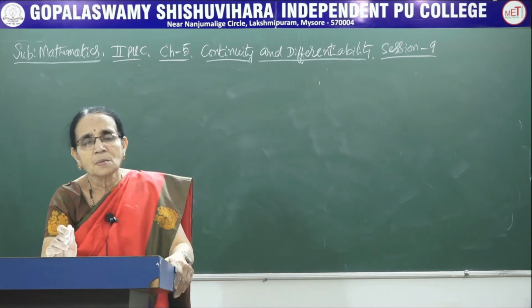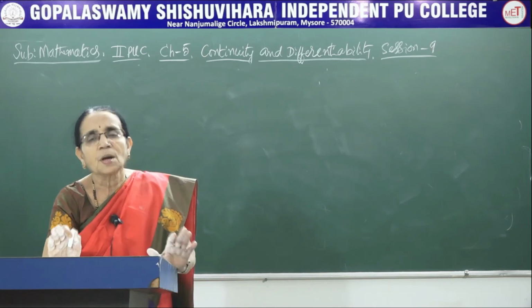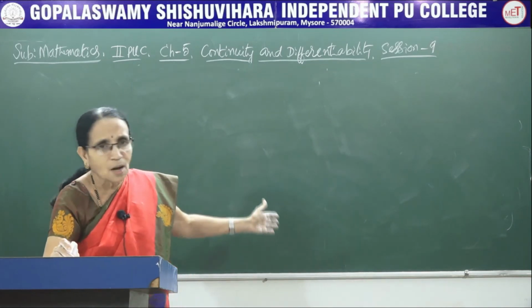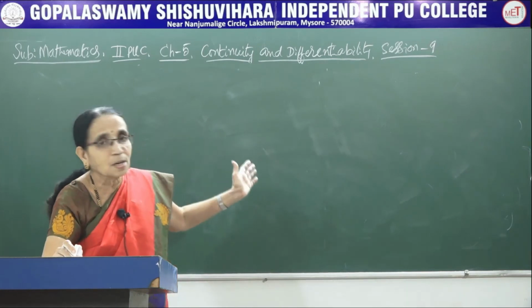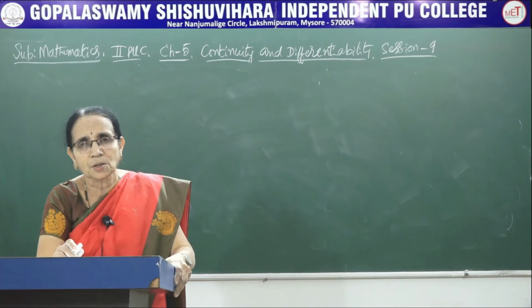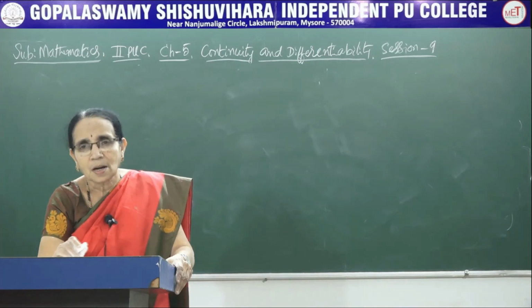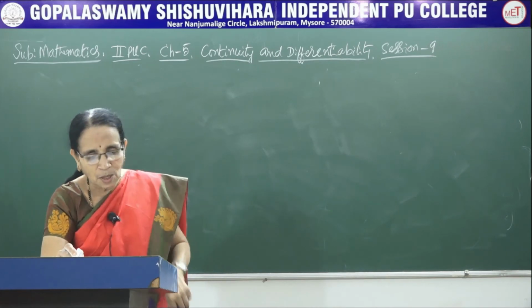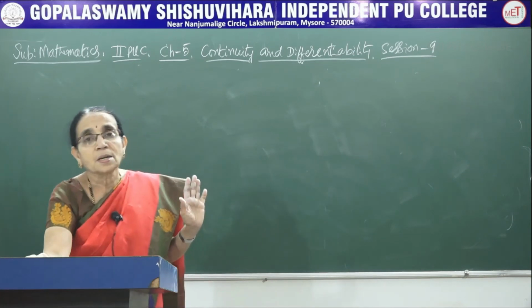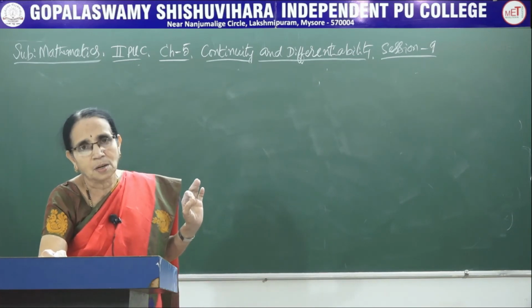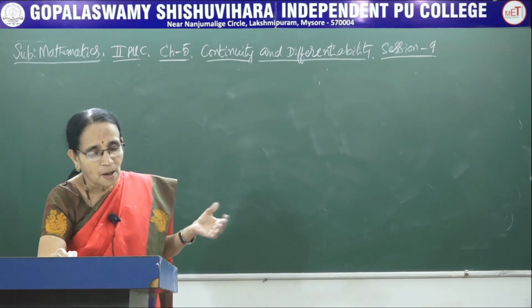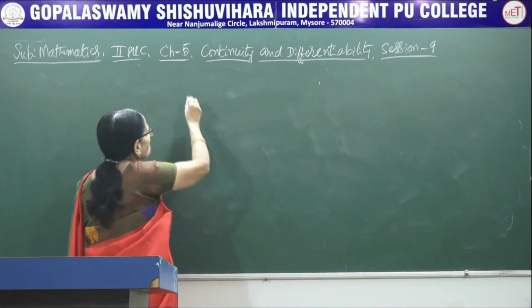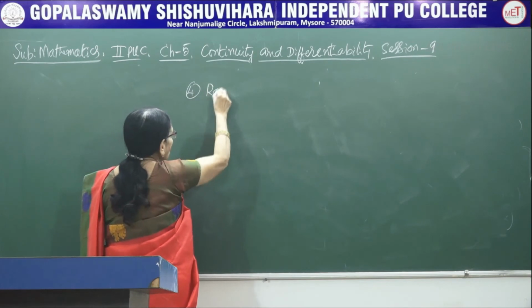A polynomial function, because it is defined for all the real values of x, is continuous for all the real values of x. It is always a continuous function. If you draw the graph of that one, you will see that. Here I have taken a general one. If you take a particular polynomial function, give different values for x and join all the points, then you will get a continuous curve. So, a polynomial function is a continuous function because it is continuous at each and every real number. Now, one more function I want to discuss, the fourth one, is the rational function.